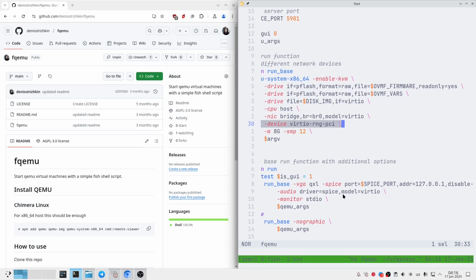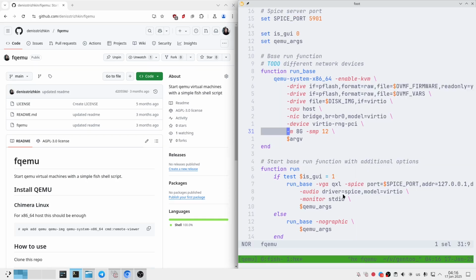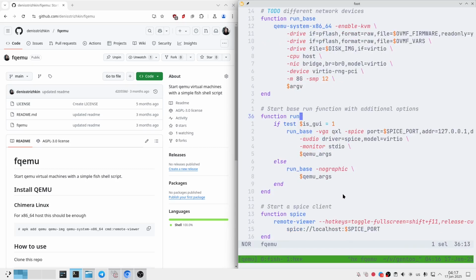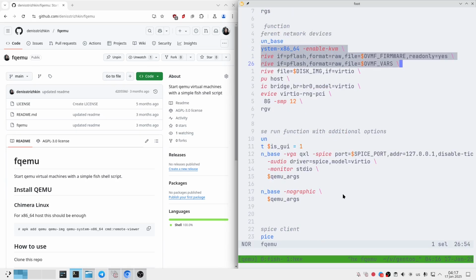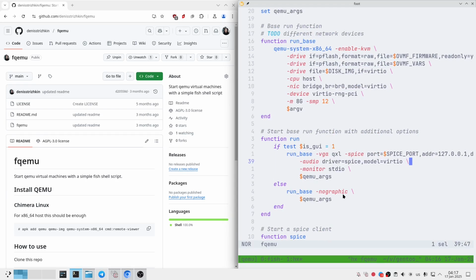And this stuff I just copied. I'm guessing it's some kind of... I'm not even going to say what it is because I don't know. Without this, it doesn't work properly. Whatever. Then I'm giving it RAM, how much memory I have, and SMP is how many threads I want to use. So this is the run base, right? And when you use different run parameters,